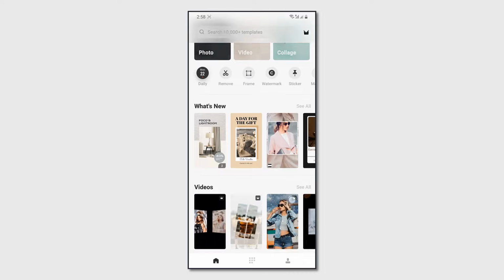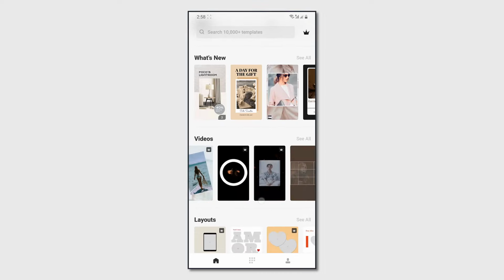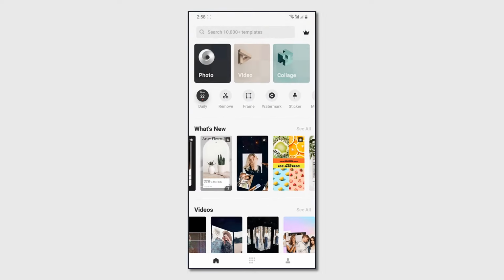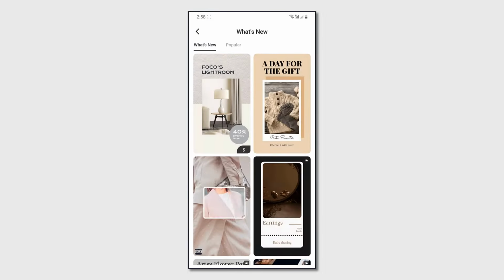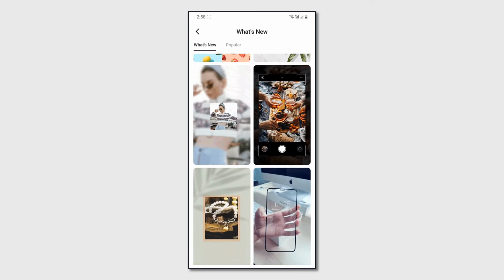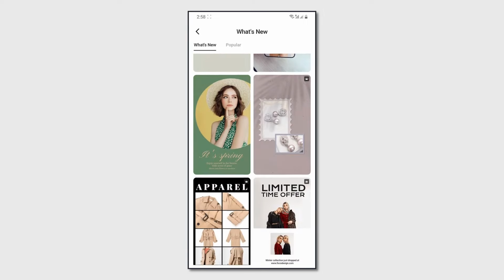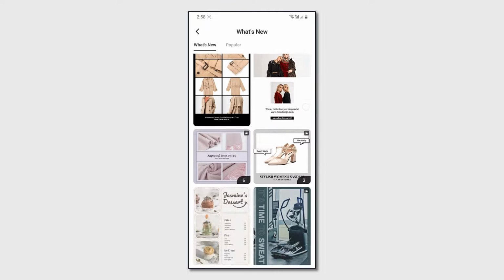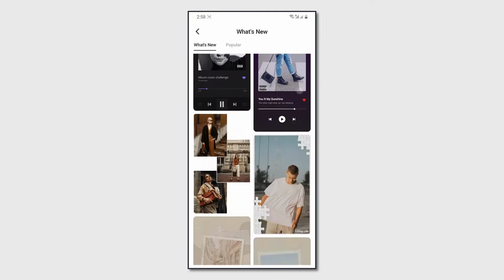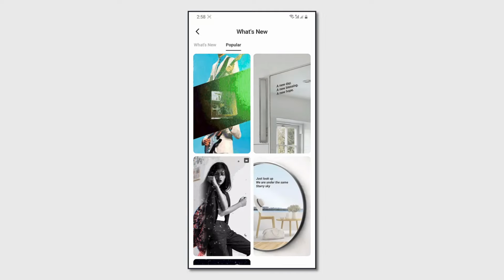The app welcomes you with an intuitive interface. The Foco Design Instagram story editor offers over 10,000 templates. The app allows for adding videos and photos together in a video. It also incorporates a background remover. For videos, you can find a mixer in the video editor of Foco Design.